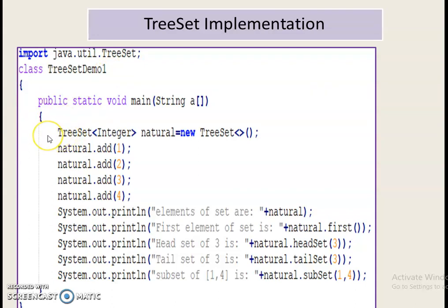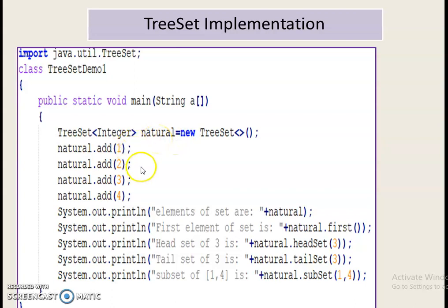It is similar to HashSet, right? So TreeSet, then we specify the type. Here TreeSet is going to hold integer type of elements. The type is Integer, which is the wrapper class of the int data type. The TreeSet name is natural, then new TreeSet, and this syntax. So we have created an object of TreeSet named natural.